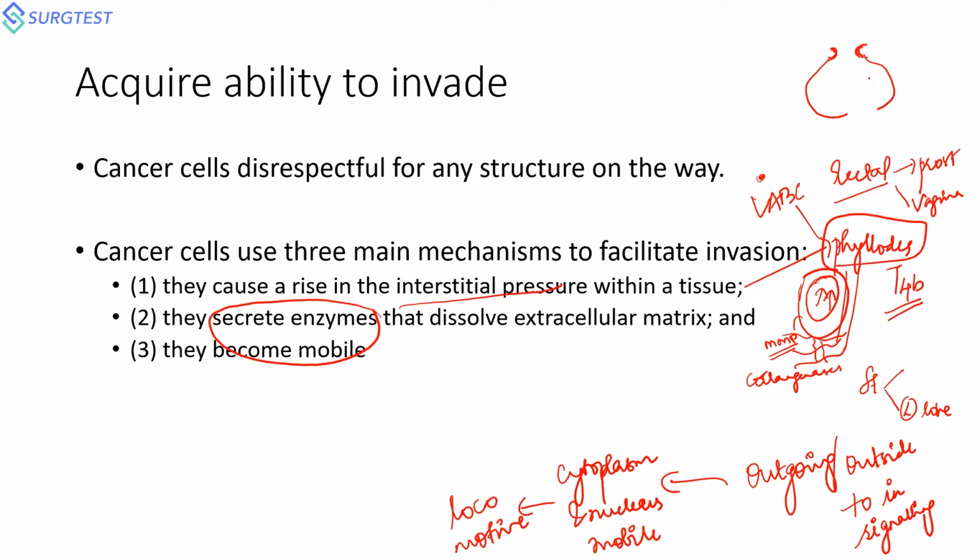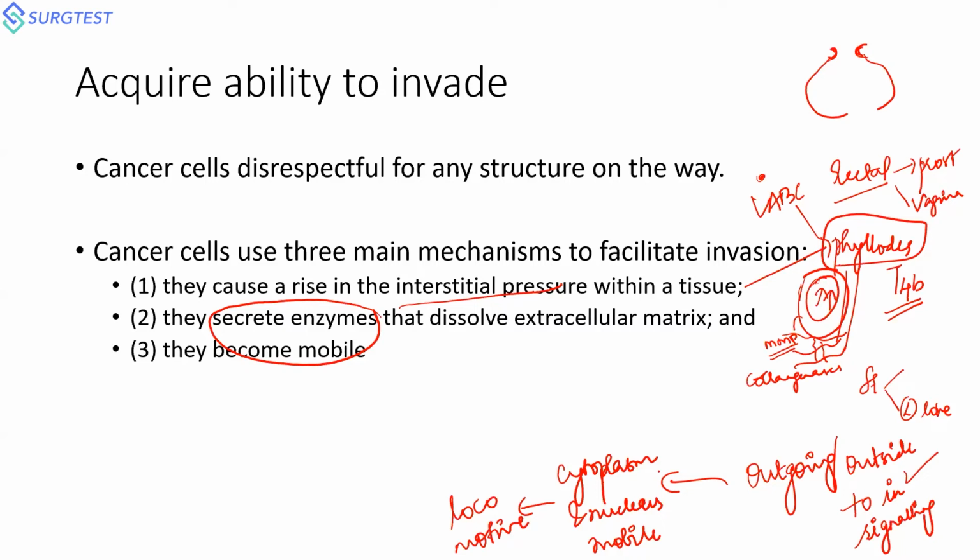What makes a cell become adherent to the adjacent structure is the local interstitial pressure within your tumor tissues that increases. That's the first thing that I want to tell. Number two will be the enzymes that are secreted by the extracellular matrix that will be dissolving the adjacent extracellular matrix. Again, they will be helping in invasion. And the last thing will be your outside to in signaling. This outside to in signaling helps in making the cell cytoplasm and the nucleus mobile, and hence the cell becomes freely mobile to migrate into other parts of the body.